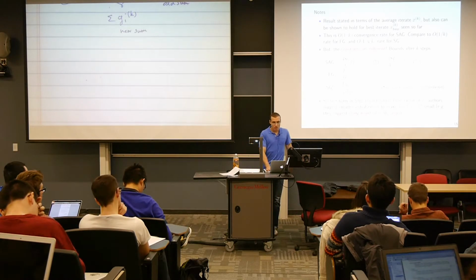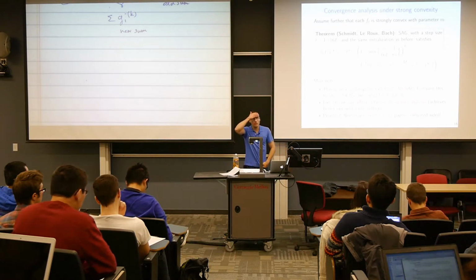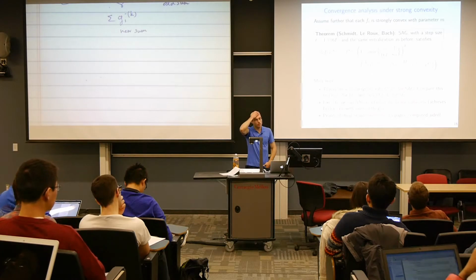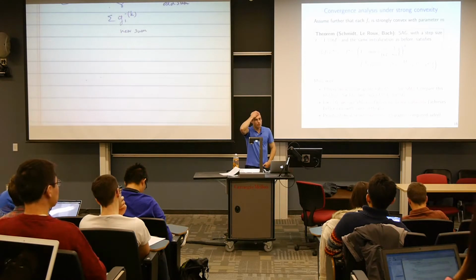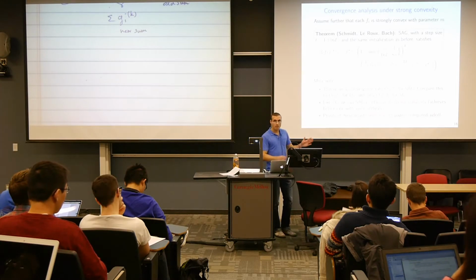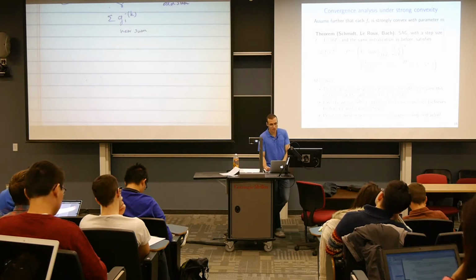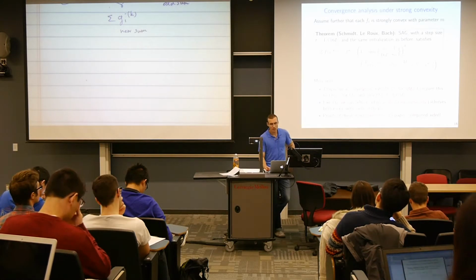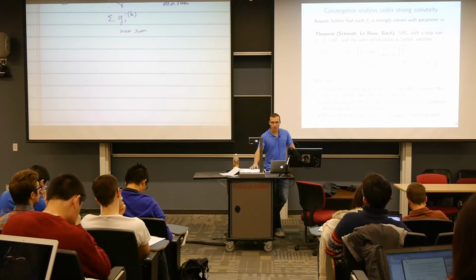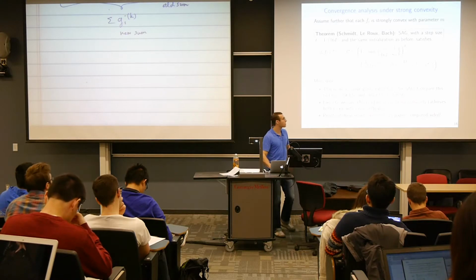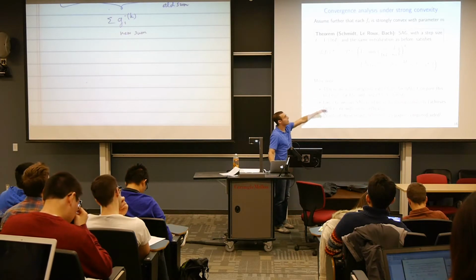OK, all good questions. So how about strong convexity? For strong convexity, we get another very nice result, which is that basically SAG gets a linear convergence rate, just like full gradient does. So if in addition to the assumptions in the last slide, which was just that each of these had a Lipschitz gradient with constant L, they were also strongly convex with parameter m, then with the same step size, the same initialization,